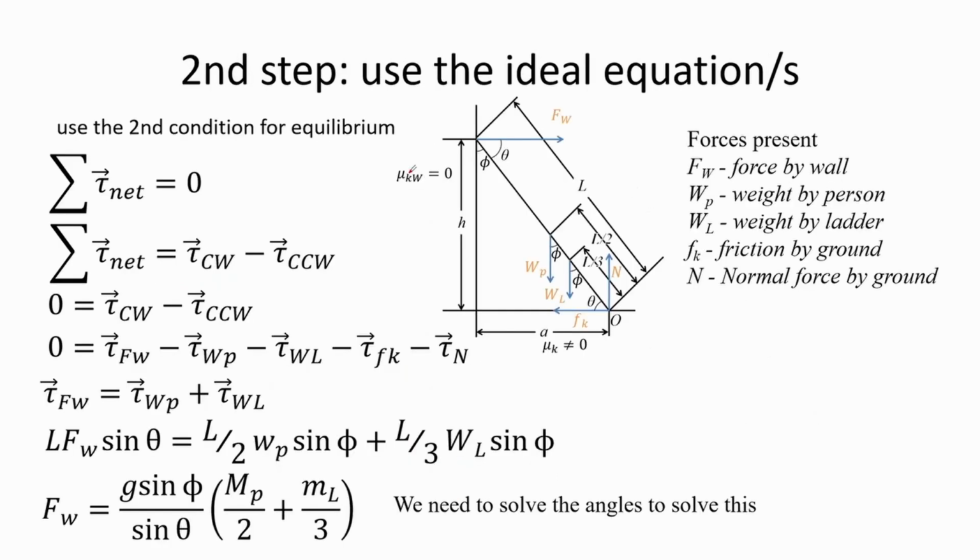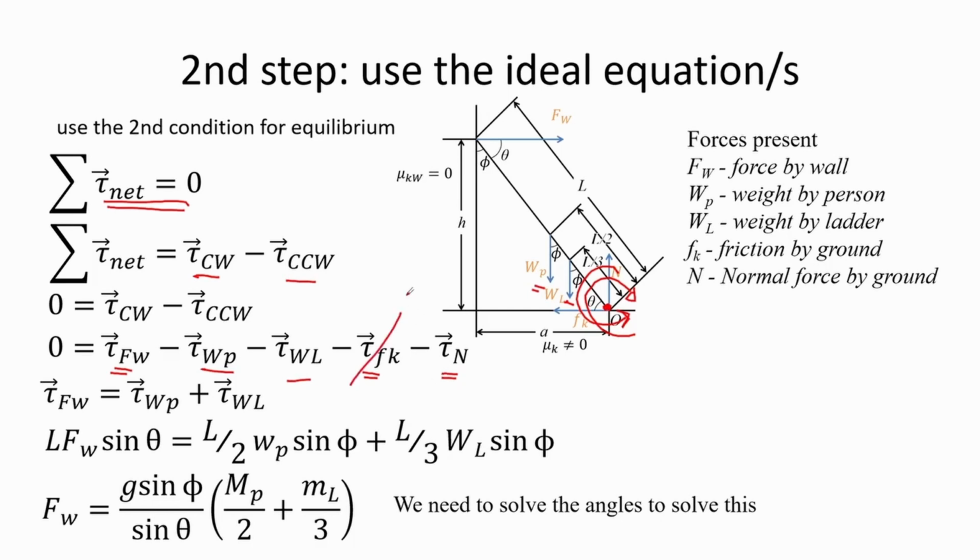The next step is that we use the second condition for equilibrium, which is that the net torque is equal to 0. Here we identify the forces that could cause the body to rotate clockwise and counterclockwise if it is allowed to move freely with respect to its axis of rotation positioned at point origin O. The force exerted by the wall would cause the body to rotate clockwise. The weights WP and WL would cause the body to rotate counterclockwise, and for the normal force and friction, whose line of action intersects the point of rotation,